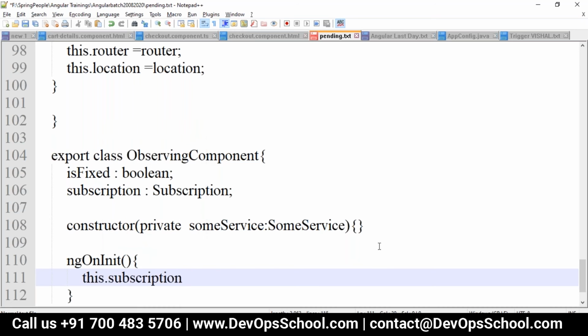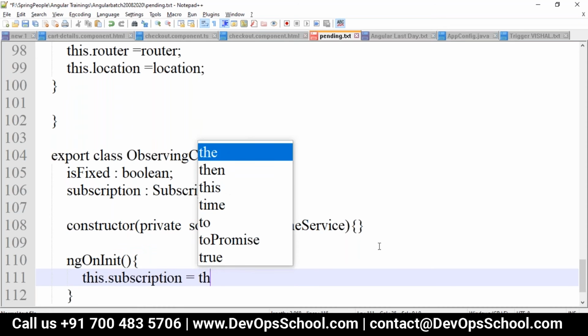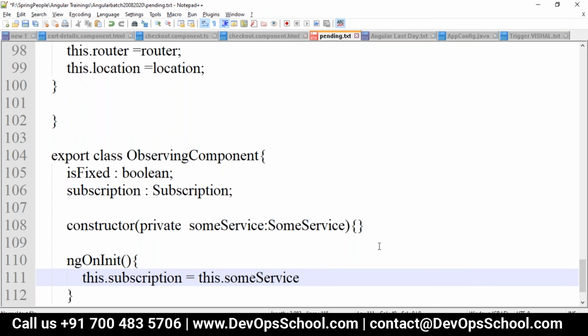With the subscription object which we have created, we have to send it the code, which is this.someService.fixed$, whatever the fixed value we have taken with the behavior subject. That will give the observable data of the behavior subject, then we can use the subscribe method here.